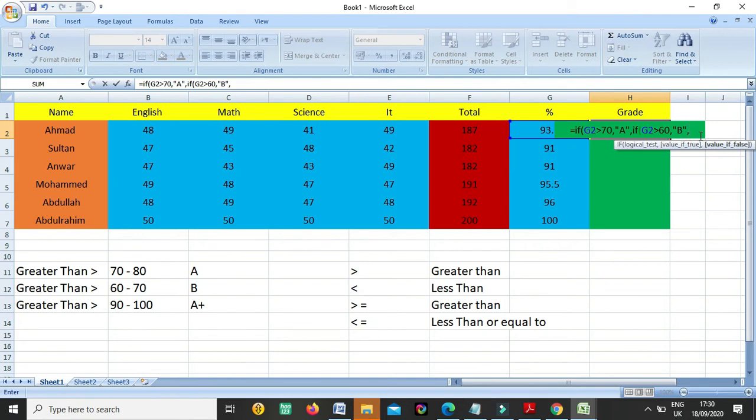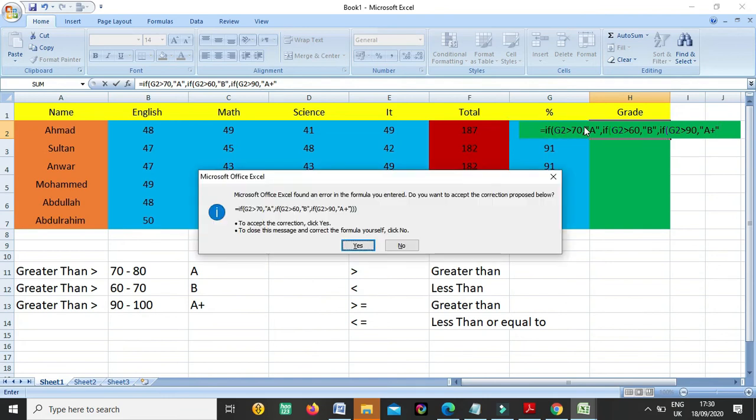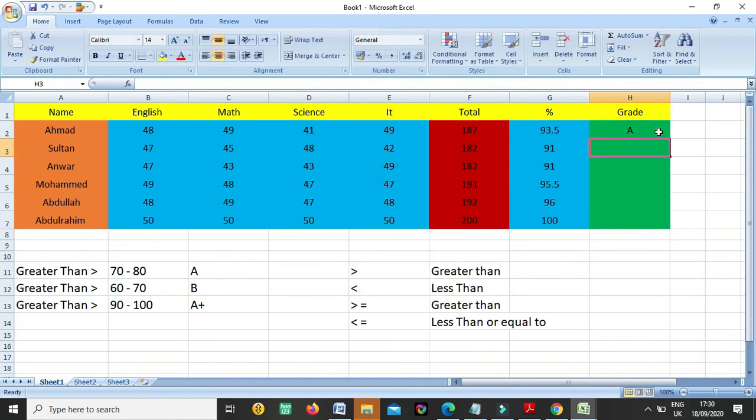Comma, again we are writing if somebody has, means the percentage, if the percentage is greater than 90%, then what will happen? A plus. Here we press OK, or we write here, it's because here we are writing now.